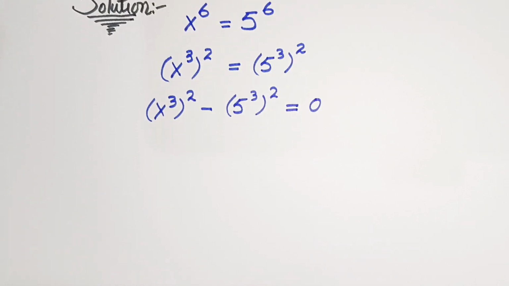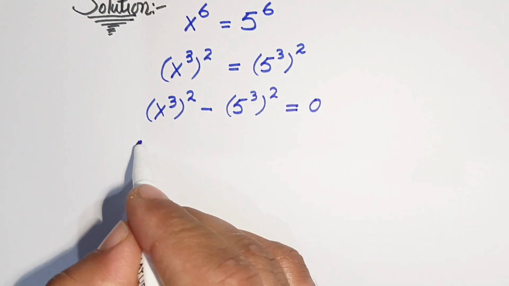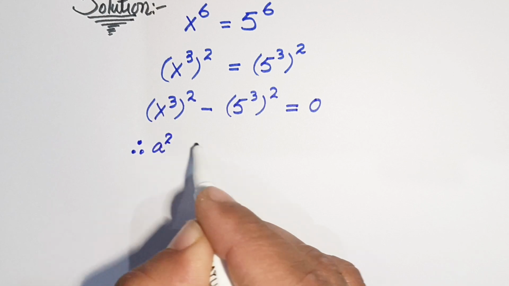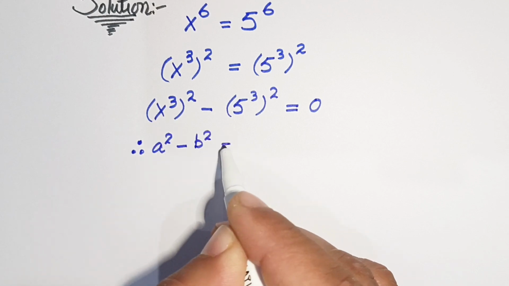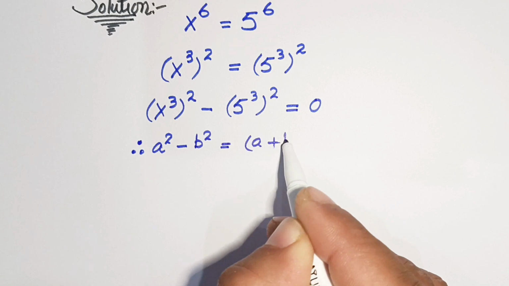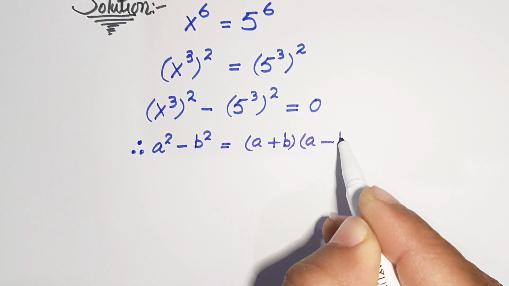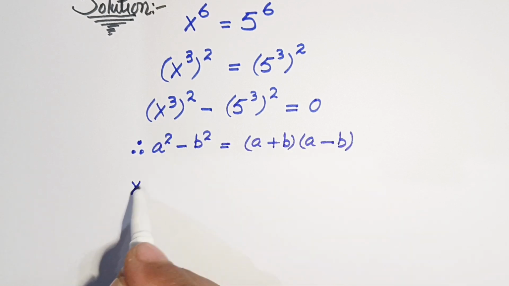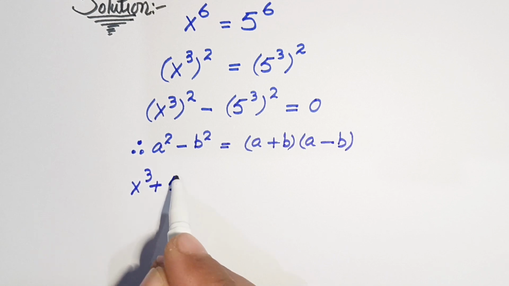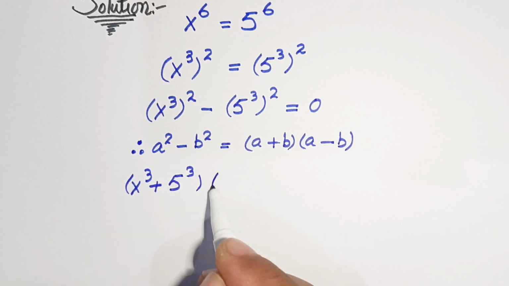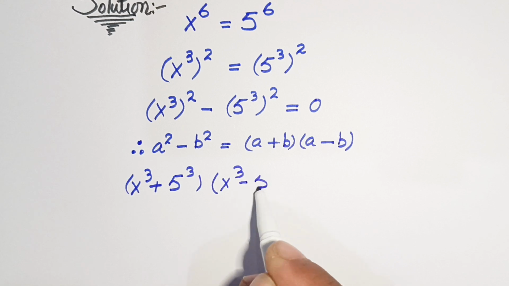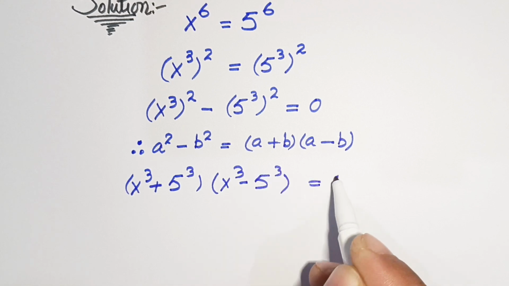Now we have a nice algebraic formula, that is a squared minus b squared is equal to a plus b times a minus b. Using here, then we get x cubed plus 5 cubed times x cubed minus 5 cubed, which is equal to